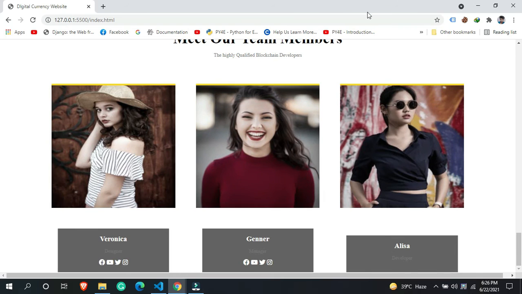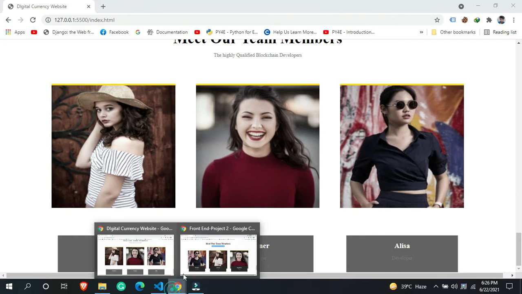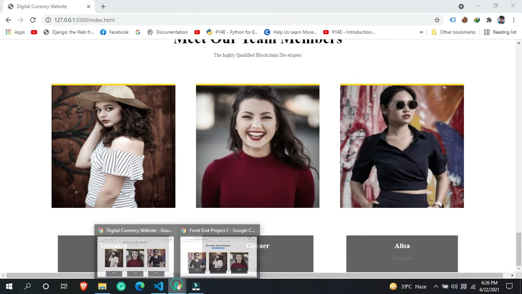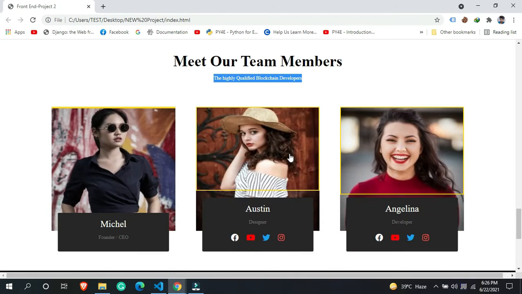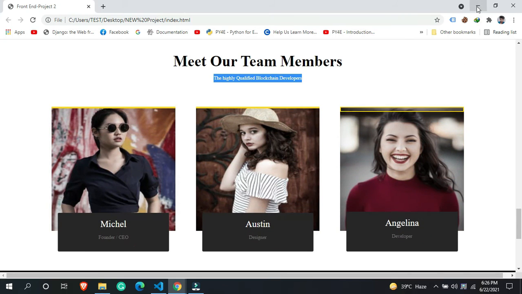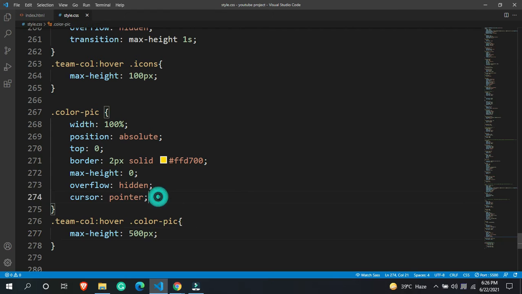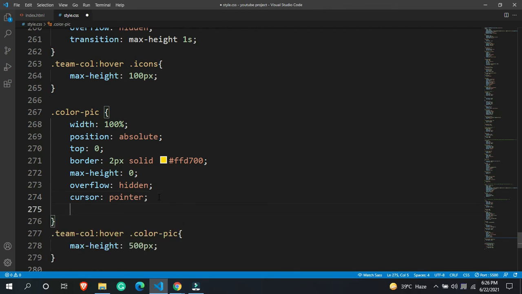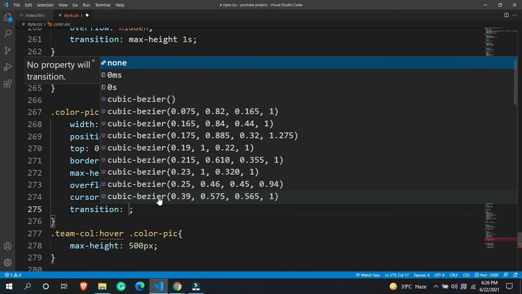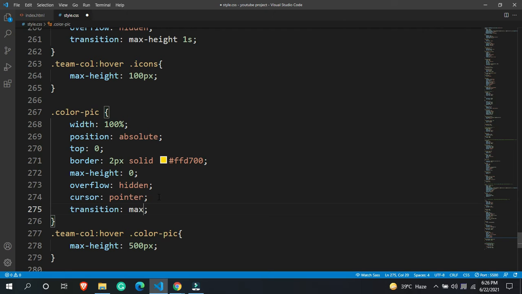So in order to make it very beautiful and very smooth, like this one, where we are getting our image very smoothly, you are going to target this particular color pic and give some transition effect on it. Then you are going to give some max height over here.